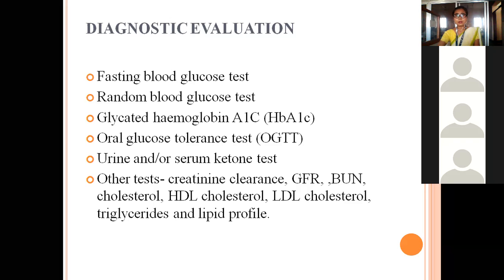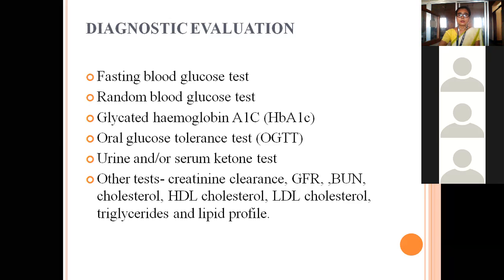After that, the physician or the lab people will give 75 gram of anhydrous glucose solution to consume within 5 minutes. But before letting the person consume the glucose, they will check a baseline glucose level. After that, after consuming, at 30 minutes, 60 minutes, 1.5 hours, until 2 hours, they will take 4 samples of blood. And if after 2 hours the test result is more than 200 mg per dL, then the person has diabetes.